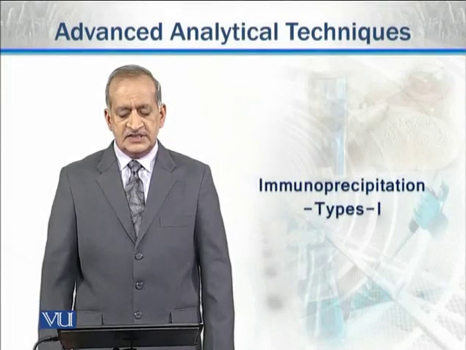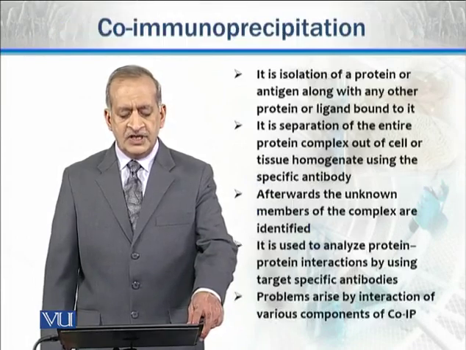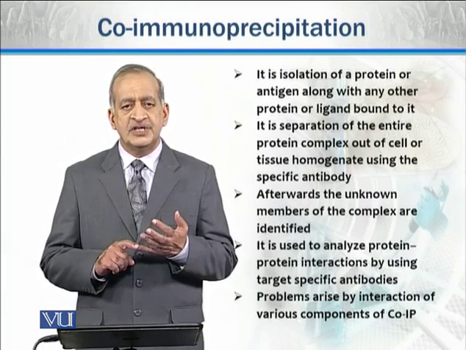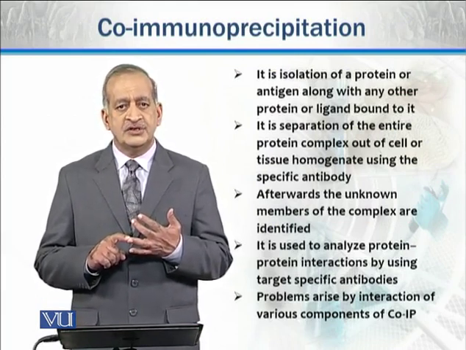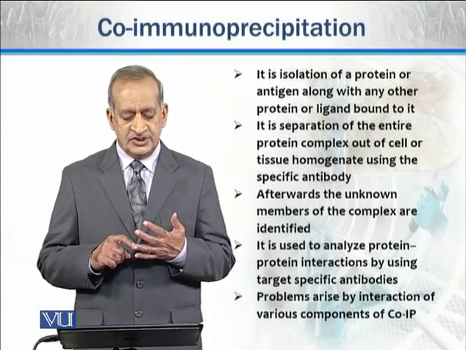Now we will discuss types of immunoprecipitation. There are mainly three types which we will discuss here: co-immunoprecipitation, then chromatin immunoprecipitation, and then in the end we will discuss ribonucleoprotein immunoprecipitation. So first of all,